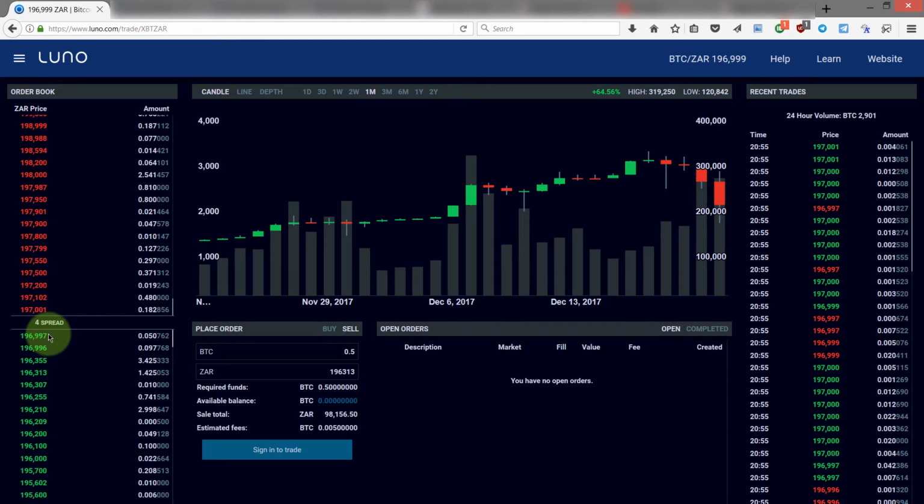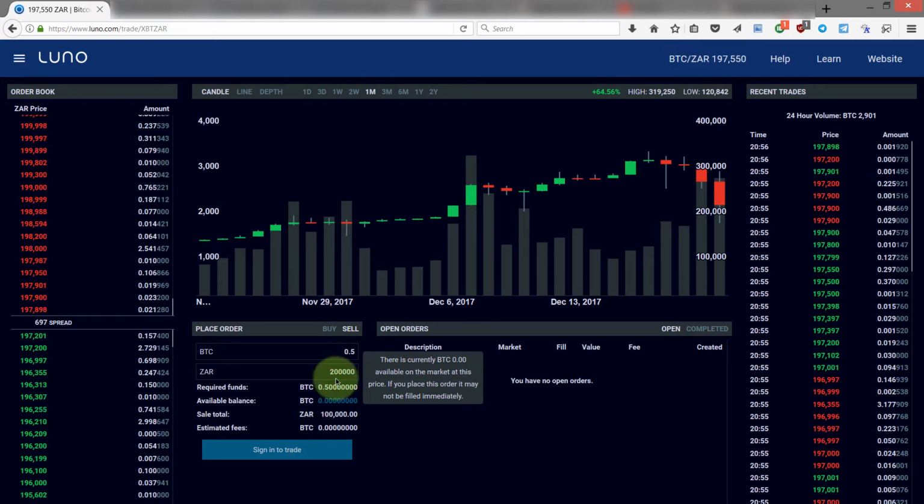Alternatively, I could decide that the current selling price is a little bit too low and I'd like to make a bit more profit on this trade. So I could sell it for 200,000 Rand. I could click sell, and what's going to happen then is that this sell order will go into this order